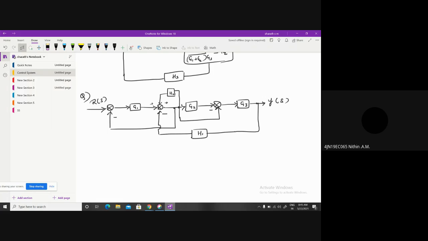Sir, H2 feedback. H2 feedback. Feedback for which? Sir, summation point. What's the equation for that? Sir, positive feedback. This G divided by 1 acting as a positive feedback. 1 minus, 1 divided by